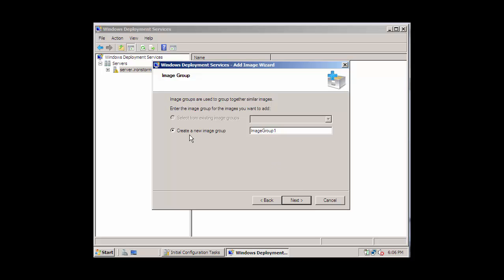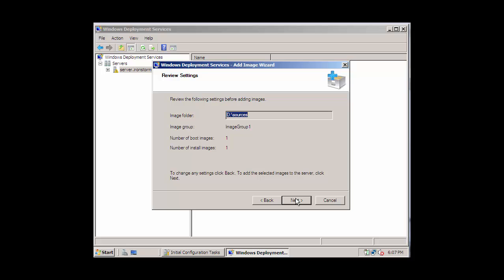And here you can create a new group image. This is good because the accounting department can have their own group, front desk department, you can create your own group name for them. It's according to how big your business environment is. I'll leave this at default, image group 1, and then go ahead and click next. And here it's just asking you to confirm the information,